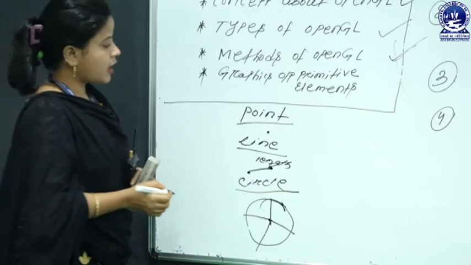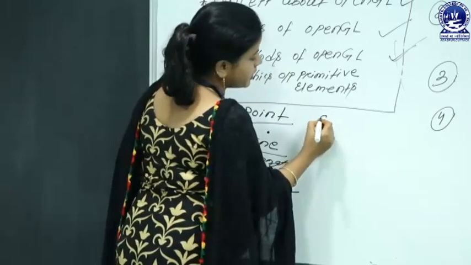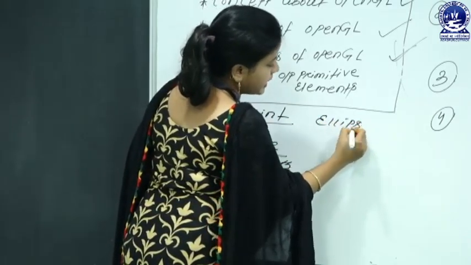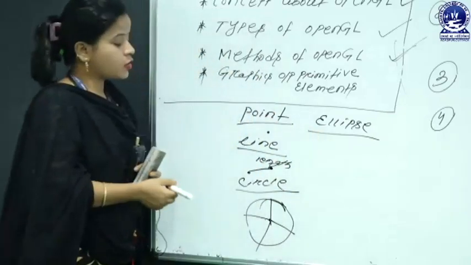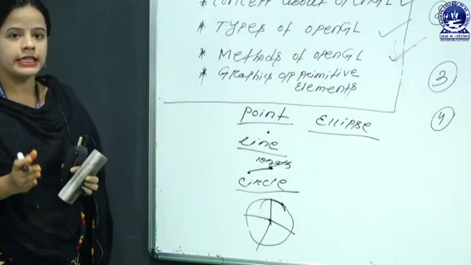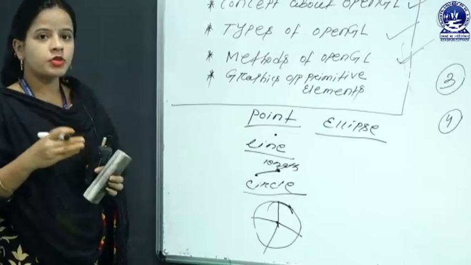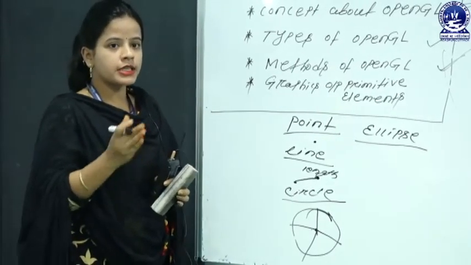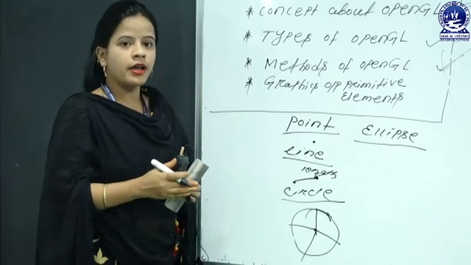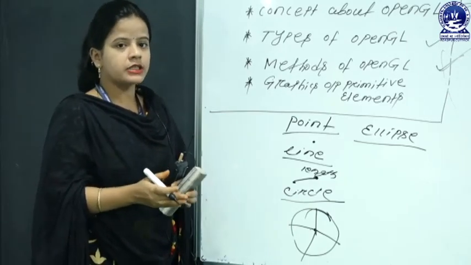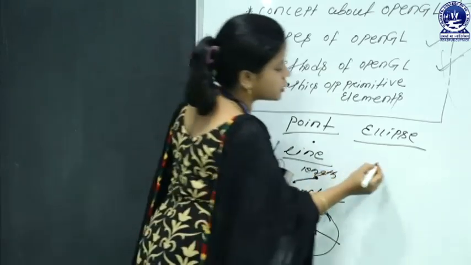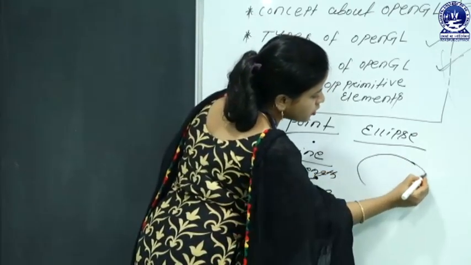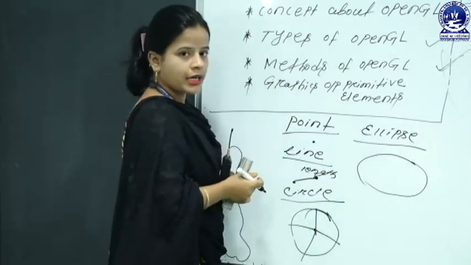Okay, now goes to the next component, that's your ellipse. That means an ellipse is also similar to a circle, but with one difference. Here it sometimes looks like a particular oval shape, and here the sum of the distances from the two foci is constant in nature. That means the focus is constant in nature, and that's the general structure of the ellipse, which is oval in shape.